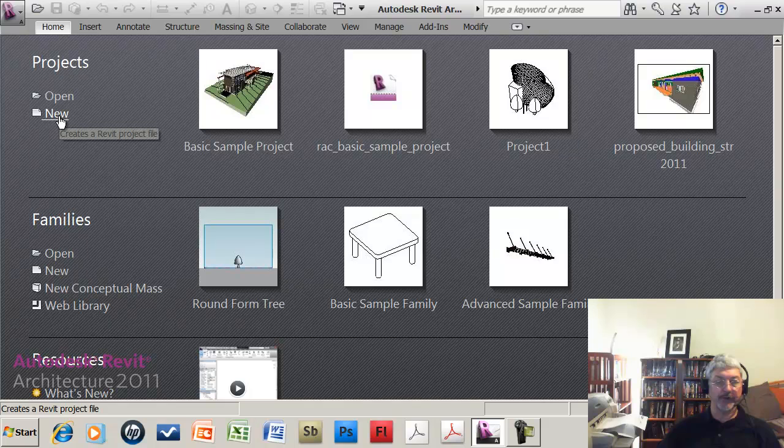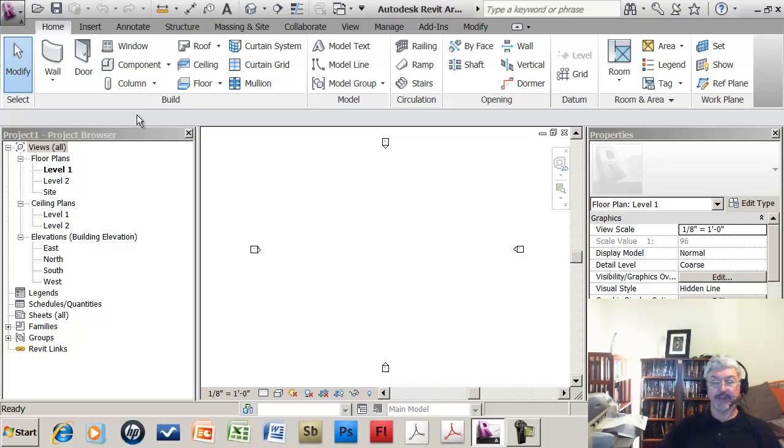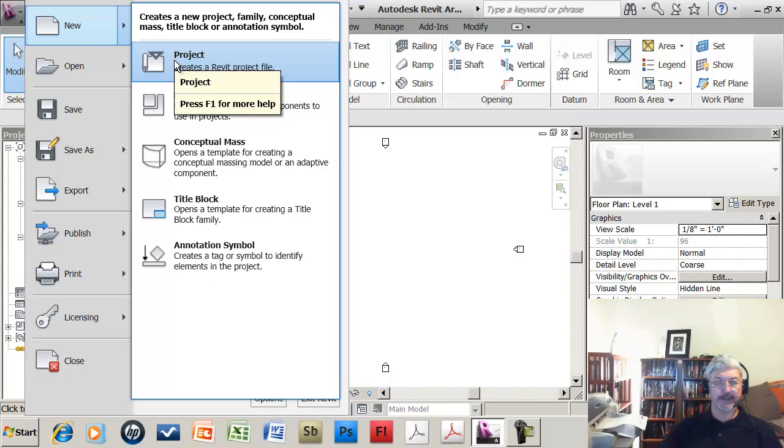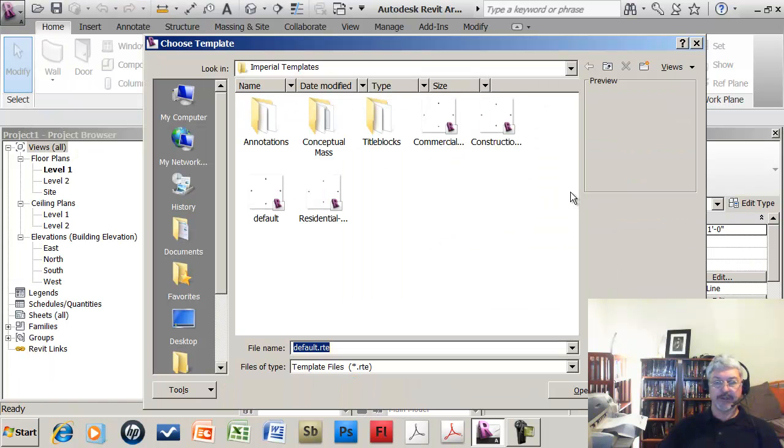On this welcome screen you can say new project, and what it does is it looks for the default template that's delivered with the product, which you can see doesn't have as much information in the project as you had in that finished house design. The other way, though, in an office is that you very often go here and go new project and then browse to find the template folder, because an office may well have templates for different types of building. So for example, if I pick the residential